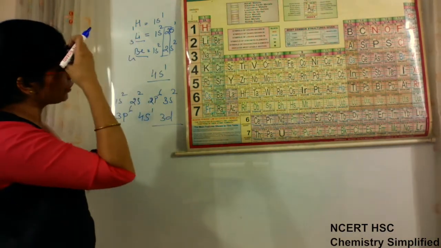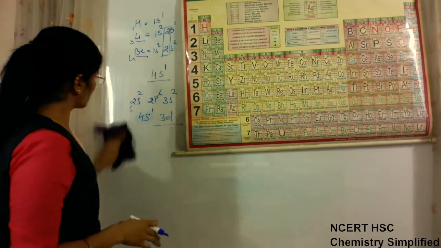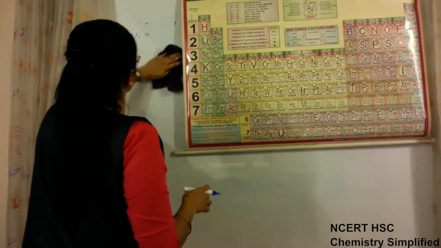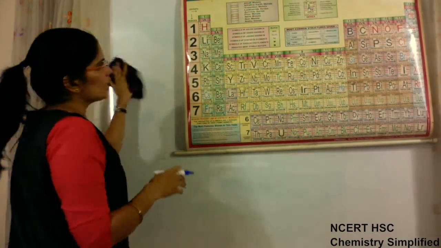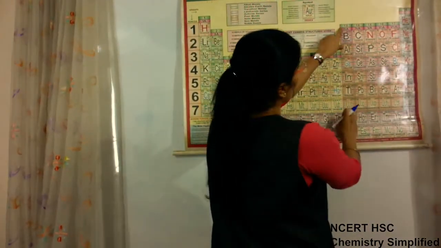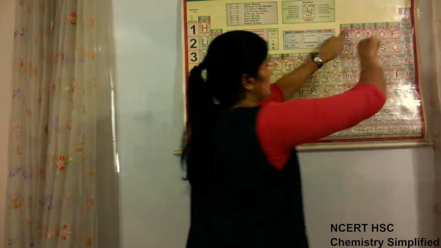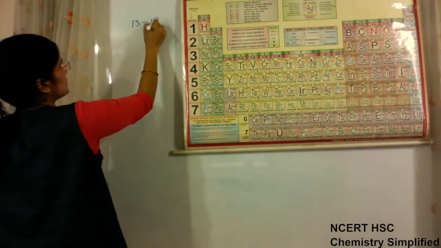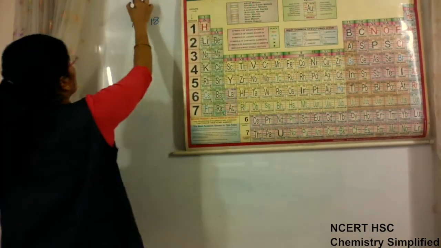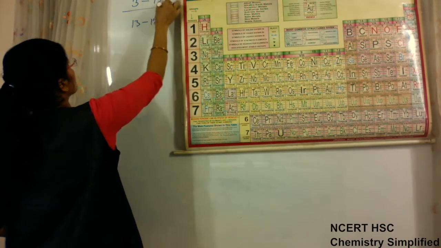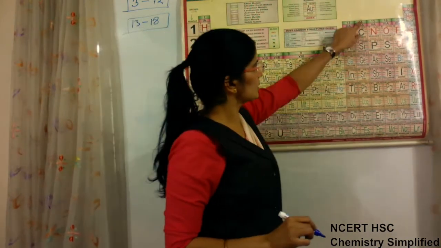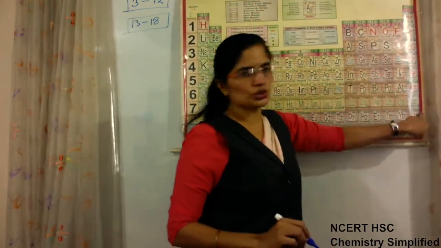First we just discuss how they are placed in the periodic table. So clear? This is S block. Now, leaving this in between, we come to P block. From group number 13 to group number 18. This is group number 1, this is group number 2. Group number 3 to 12 we are not discussing. We are coming to group number 13 to 18. 13, this group, then coming last to 18.